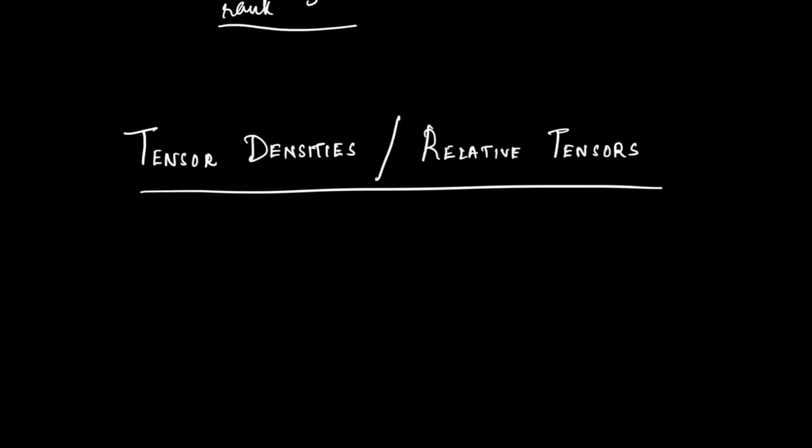Okay. So we have seen that scalars and vectors are a subclass of tensors. For example, a tensor of rank 0 is a scalar and a tensor of rank 1 is a vector. But do you think that tensors are the ultimate one, or is there anything much more general, of which tensors can be considered a subclass? Can you think of something which is much more general than tensors? Okay, then comes tensor densities.